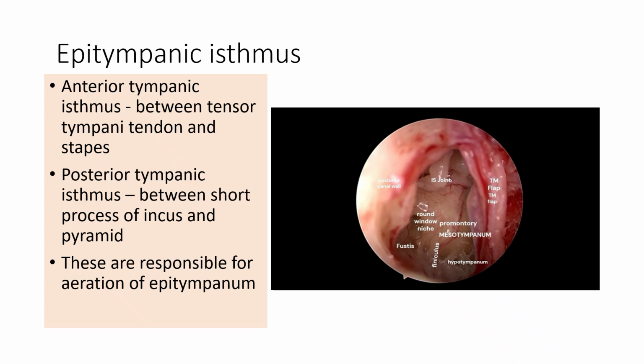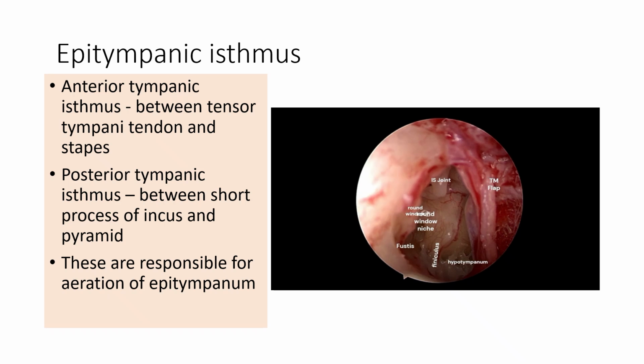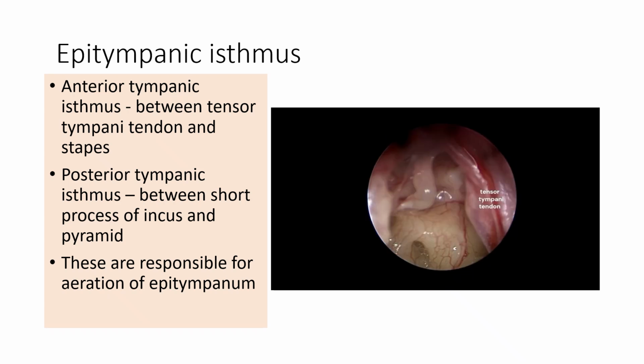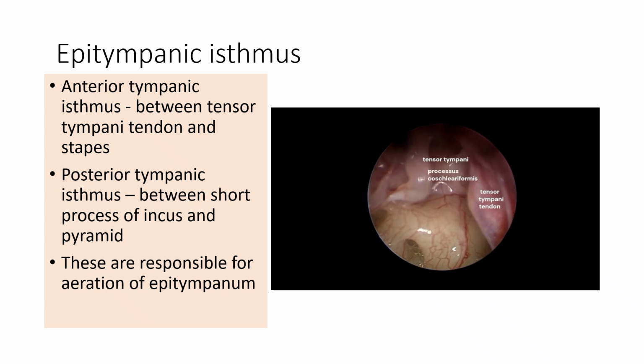We have the round window niche in the retrotympanum, and the retrotympanum is separated from the hypotympanum by a bony ledge called the funiculus. The fustis is the floor of the round window, and posterosuperiorly we can see the incudostapedial joint. This video has been taken while doing a surgery, and we can see the tympanomeatal flap along with the handle of the malleus. Now we go a little more superiorly and we'll start seeing the processus cochleariformis